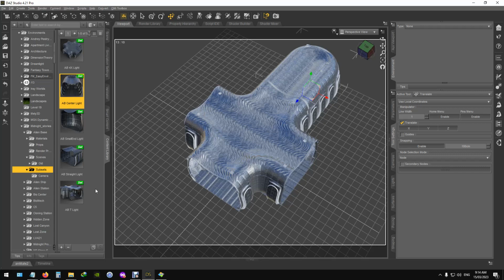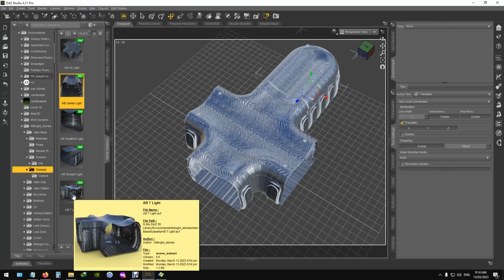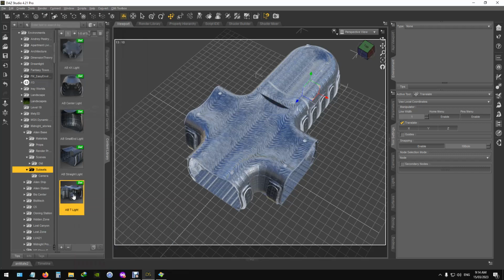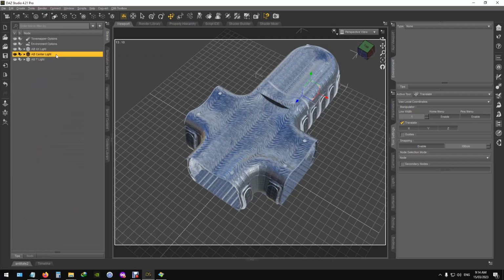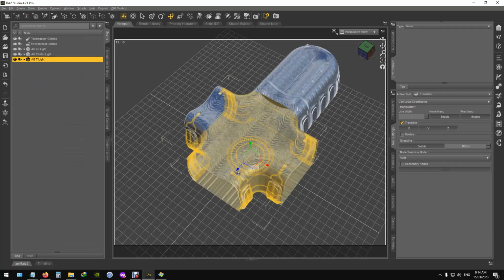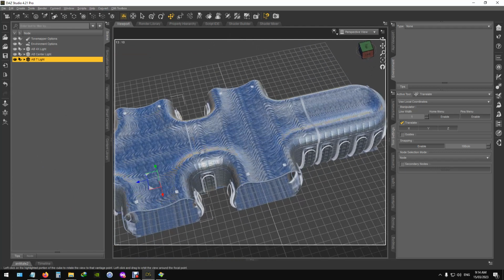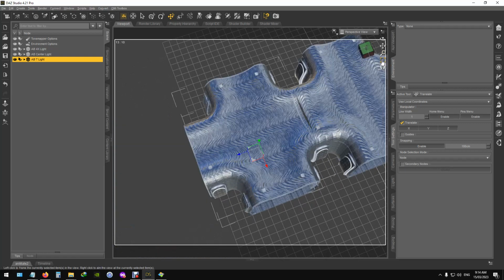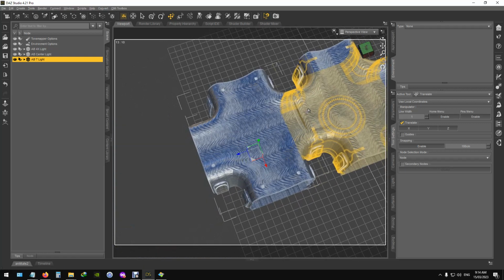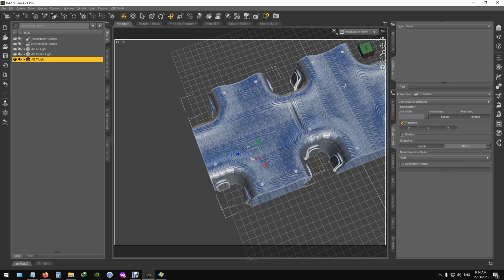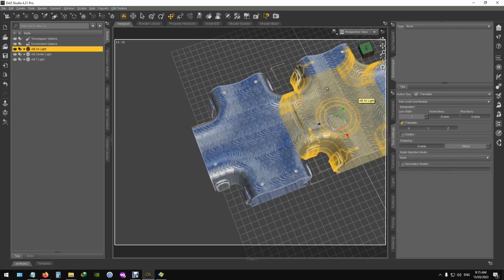We'll go to a T section, and we'll just duplicate this T section a few times,